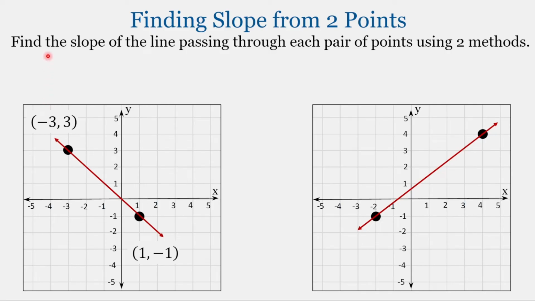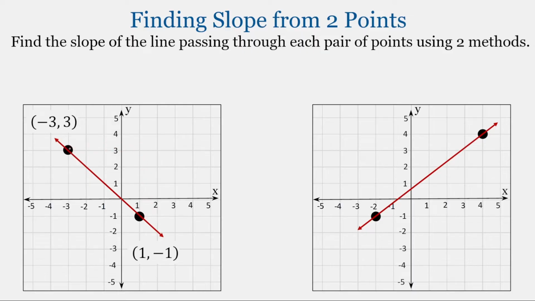So let's practice a few. And in this case, we're going to find the slope of the line passing through each pair of points using two methods. So we're going to use the graphing method as well as that new formula for slope. So let's do the graphing method first. So we're going to start at a point, and I'll start with the leftmost point first. And we'll calculate the run